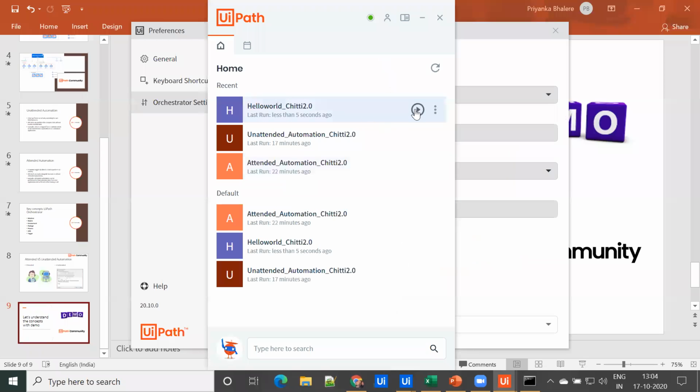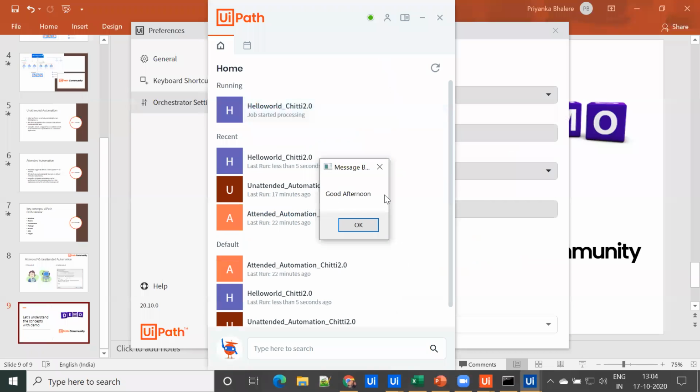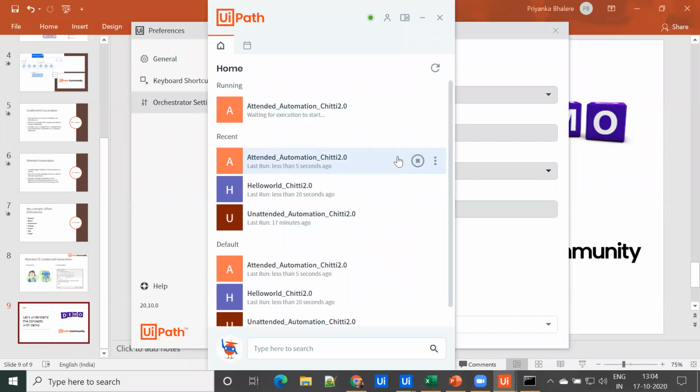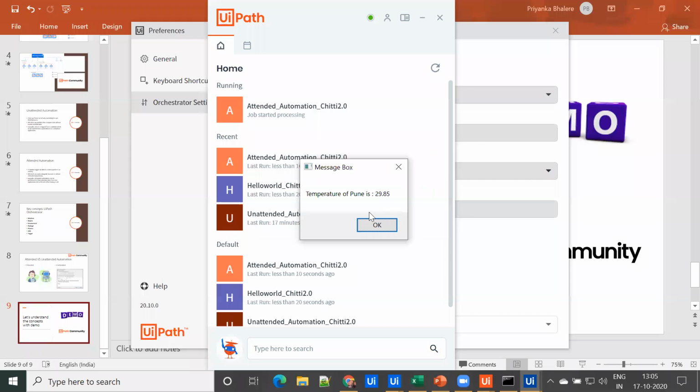Why is it just printing good afternoon? Why is it not printing any name, Priyanka or Parth? Because we have not provided any input arguments. But if we run attended automation from here, let's say Pune, you are getting the temperature of Pune, right?